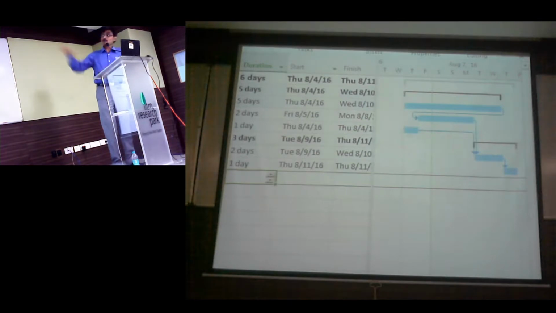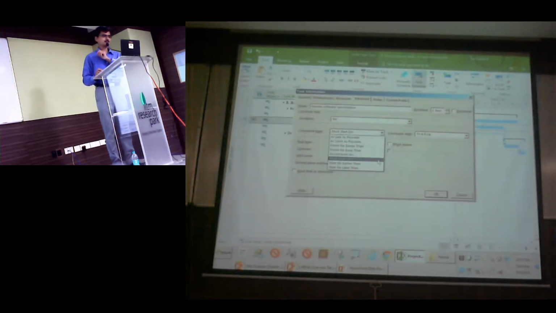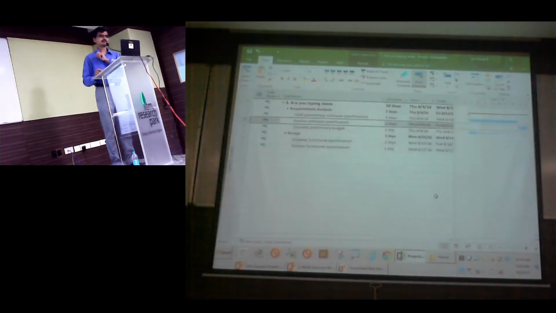Sometimes people confuse this with the lead. I'm sure everybody would have heard that. Lead, right? They think this is a lead set. No, this is not a lead. If it had been a lead, when I move my draft to a later date, it should automatically get adjusted, but it will not happen. So always look at your indicator column because it is going to tell you what constraint you have placed. So the solution here is go back and just change it to as soon as possible. Whenever you are placing a constraint other than as soon as possible, a good practice is to update the notes.